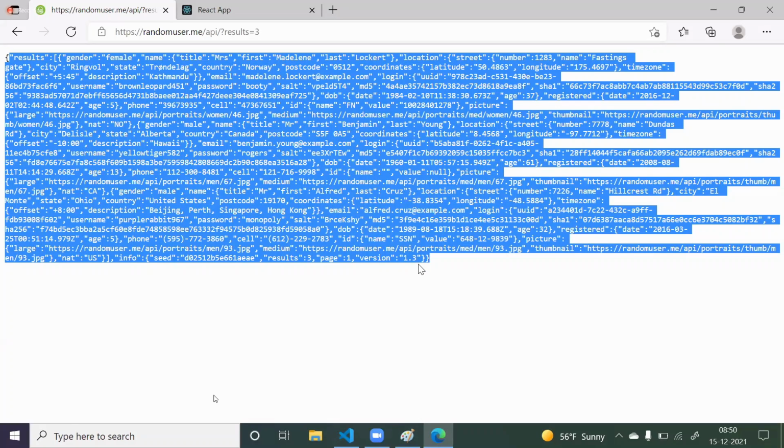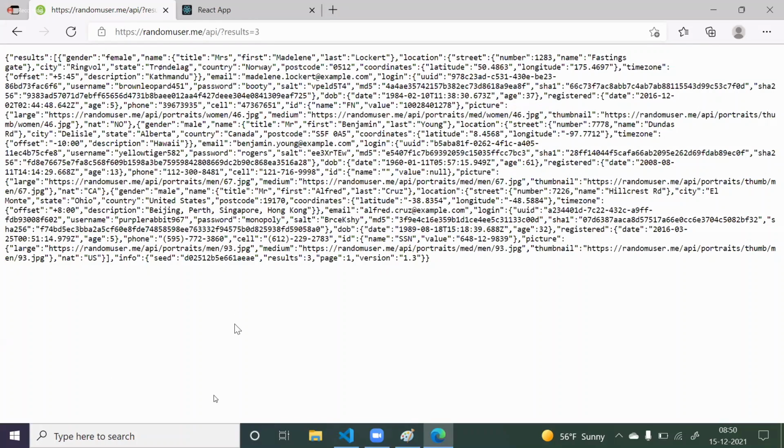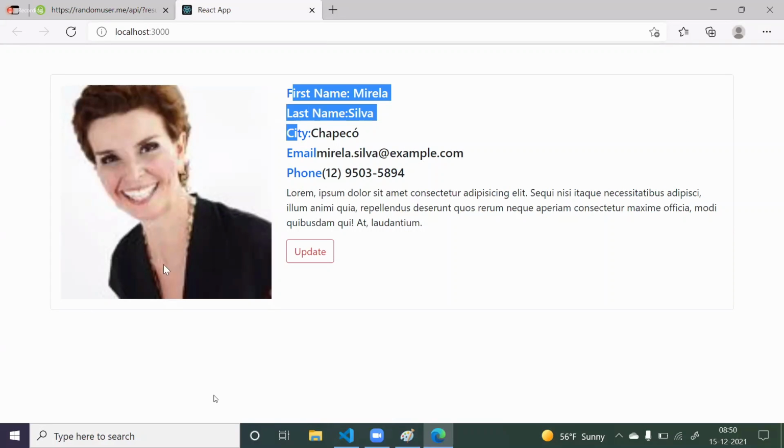If you want to do any update, you have to create a form in your front end and send the updated data to them. They will receive the updated data, make the changes, and give you the response. So the front end work is to create UI and append the data in that UI. A front end developer's work is to focus on the UI, how to create a proper UI. All these data calculations will come from the server. So this is the main thing.